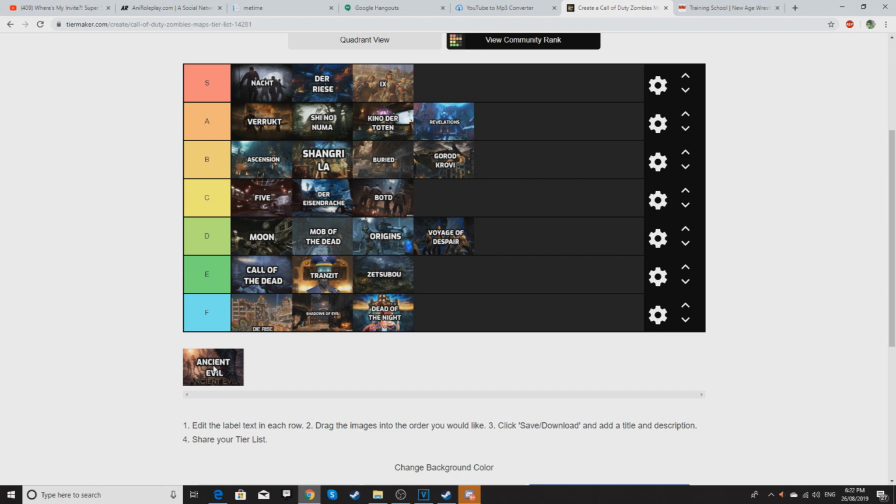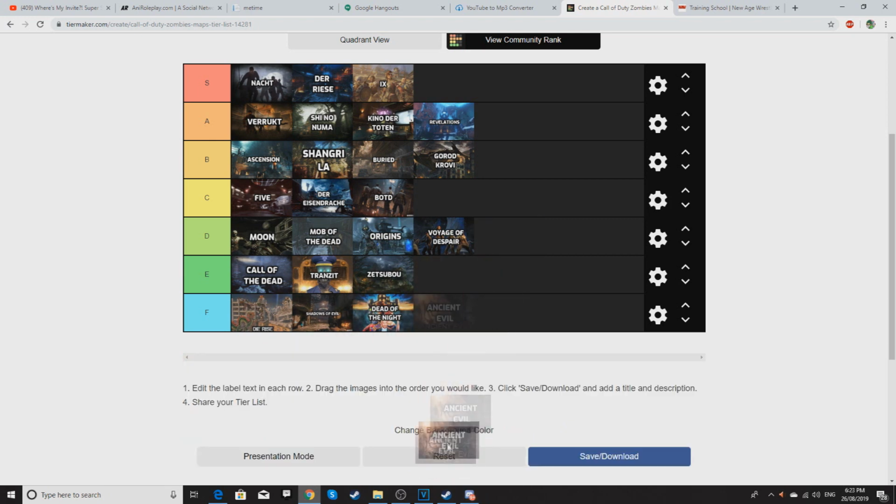And then there's Ancient Evil. So yeah, this is the final one, Ancient Evil. Where do I put it? Honestly, again, it's in the bottom few, but D or E? I'll put it at D, just because it's an okay map. It's finely laid out. Again, overcomplicated, but it's...